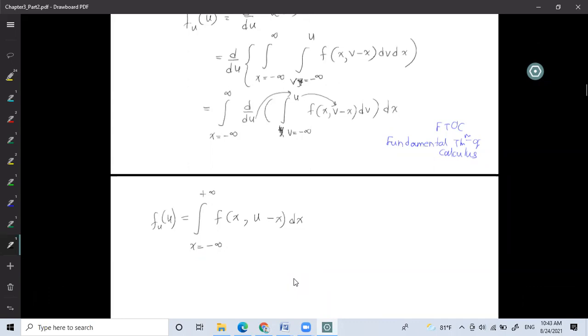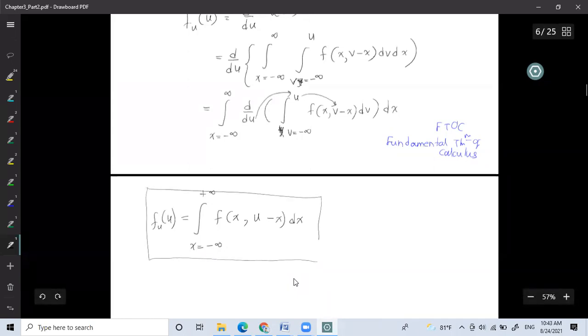Okay, and x is going from negative infinity up to plus infinity. So this is the final outcome of our proof or our steps. Now, if you look at this final answer, it is very simple. It is only depending on x and u. So u is what we need. So very easily you can use this outcome and get the answers for any density function of x